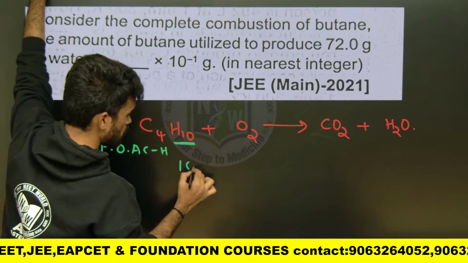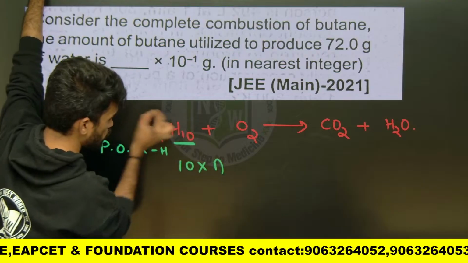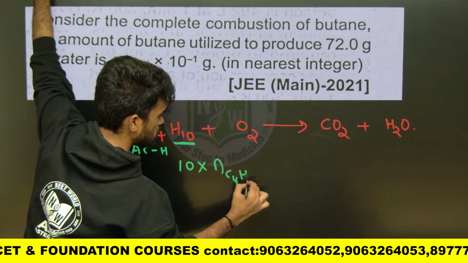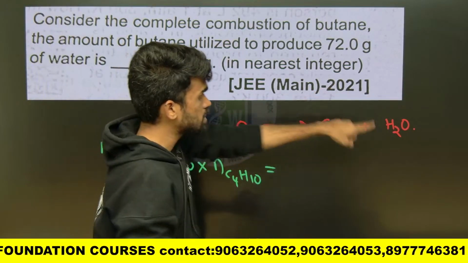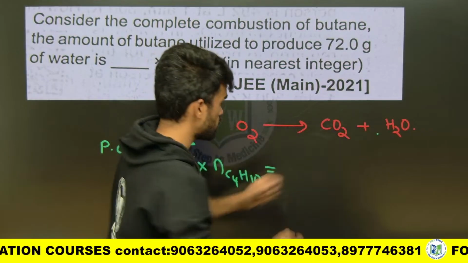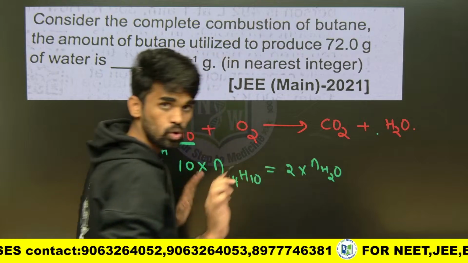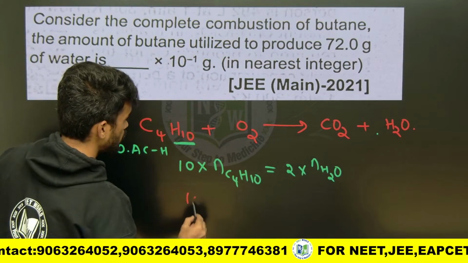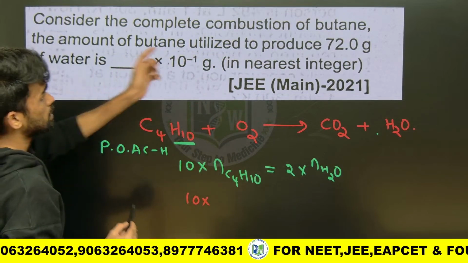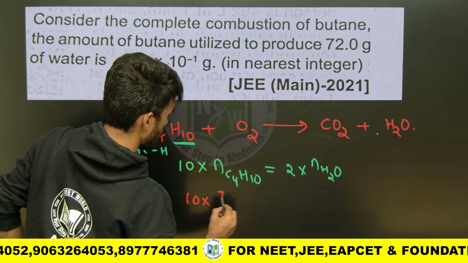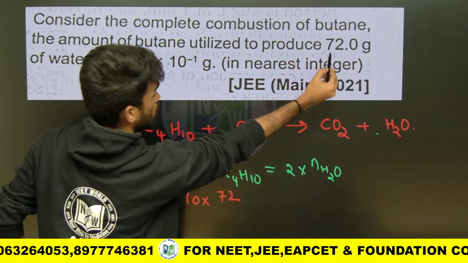So 10 hydrogen atoms, so 10 into the number of moles of butane, C4H10, I am writing, equals to this side. How many hydrogens are there in the water? So 2 into the number of moles of H2O you should write. Hope it is clear. So 10 into, what they mentioned, molar mass of butane as 70, given mass of